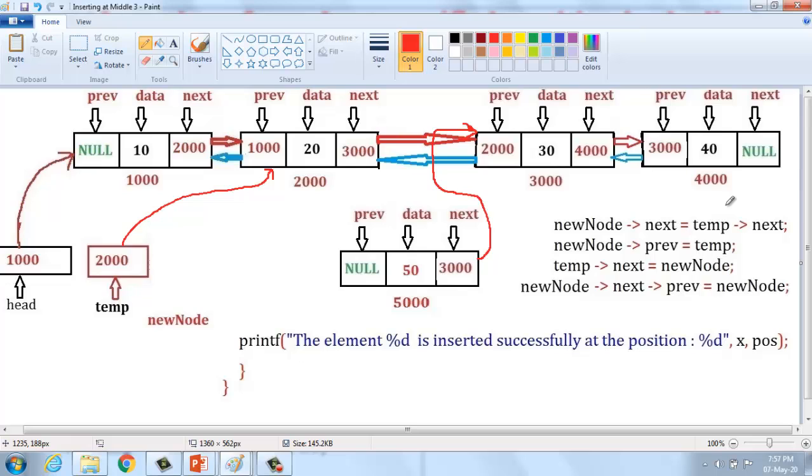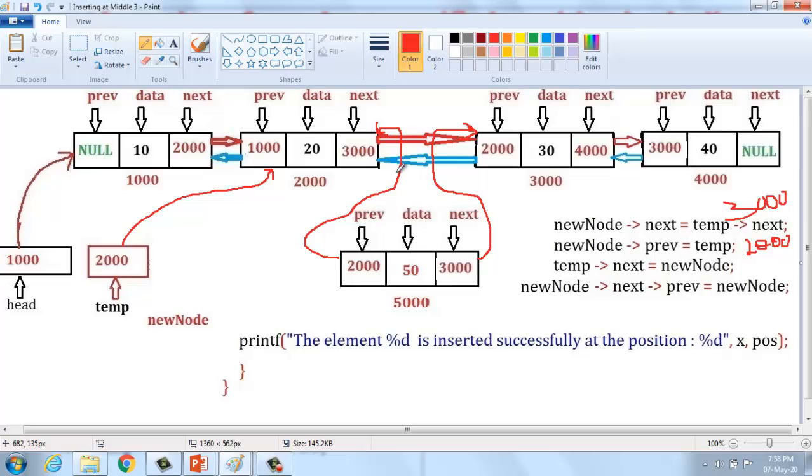Here it is 3000, but temp is nothing but 2000, so automatically it should be changed into 2000. So we have to create a link from this location to that location. Okay, that has been created. And then this link should be disconnected.